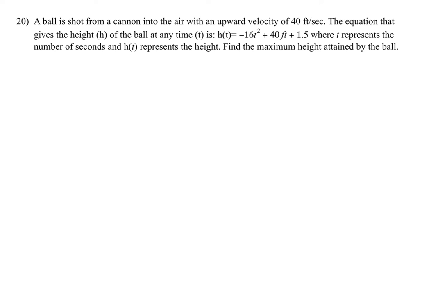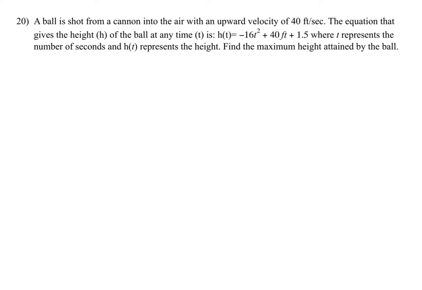So lots of words here. A ball is shot from a cannon into the air with an upward velocity of 40 feet per second. The equation that gives the height of the ball at any time t is h of t equals negative 16t squared plus 40